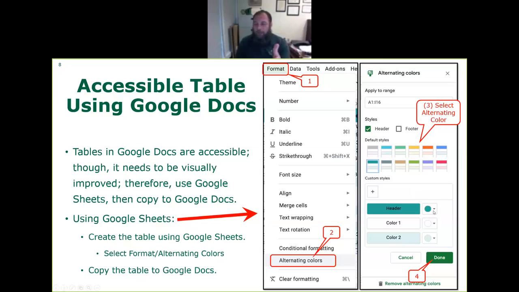It is actually a list, and it will give you additional colors, or you can combine a new one. Okay, and you click done, and this will give you a nice colored table. Then you select all from Google Sheets, copy it to Google Document, and there you go. You will have it, and we'll give you an example after the presentation. If there is no question, I'll just move on.